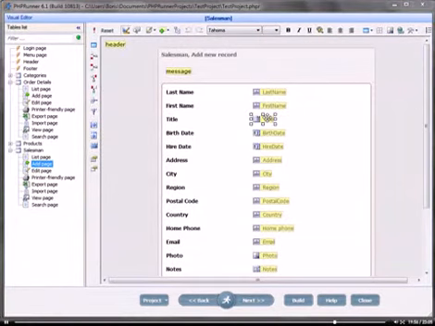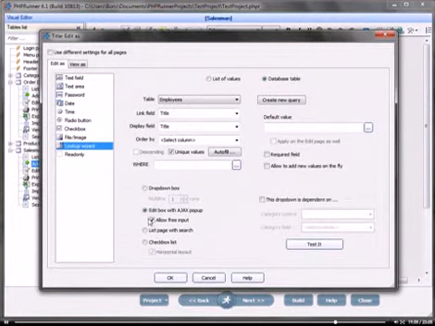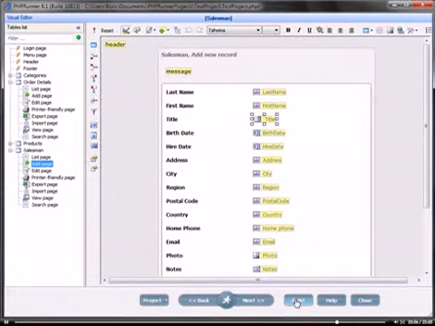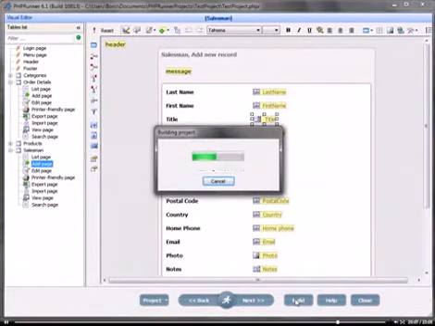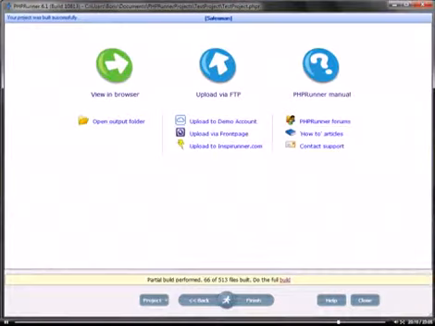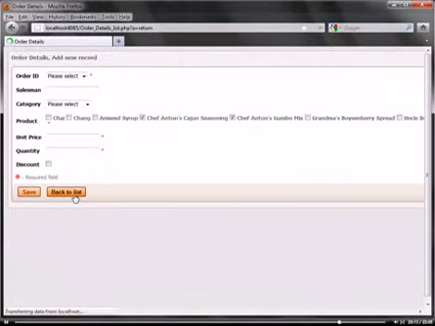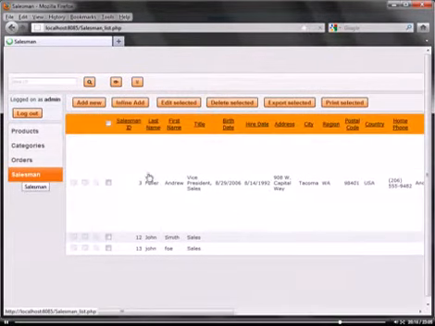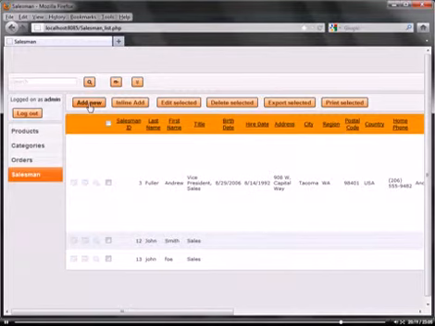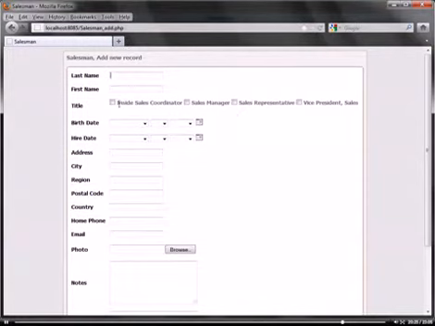text field. For example, let's use the same title as we did before, and let's change it to a checkbox. We'll keep it as horizontal layout, that's fine. So I'm going to build a project once more. And let me go back to the salesman table. Now, as you can see, we have 4 different values that I can choose from. So let's do that one more time. So let's pick a sales manager and maybe a sales representative